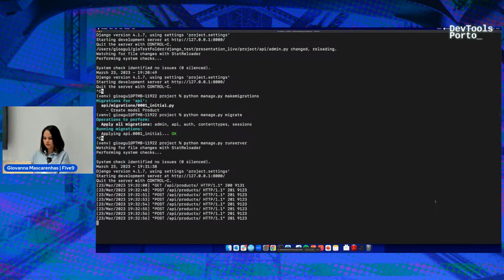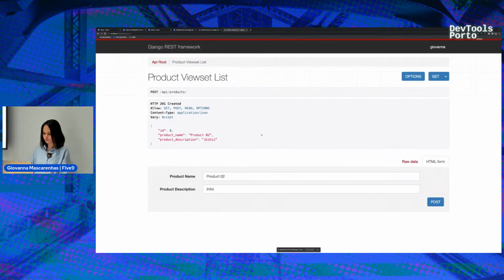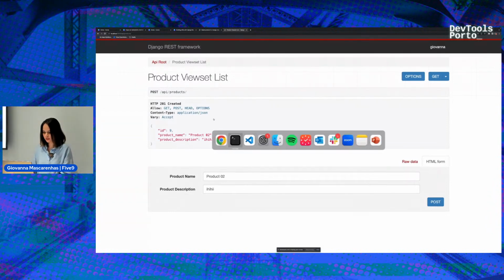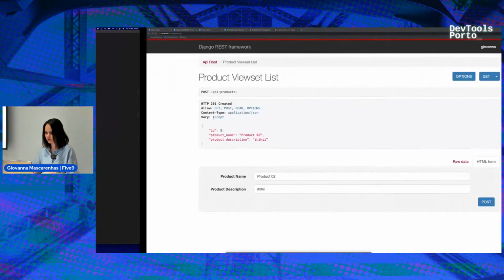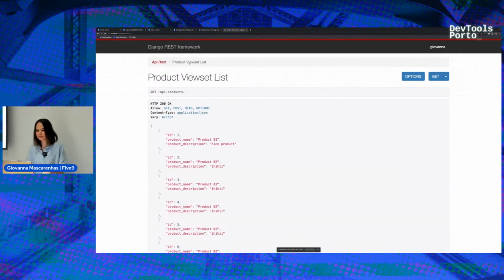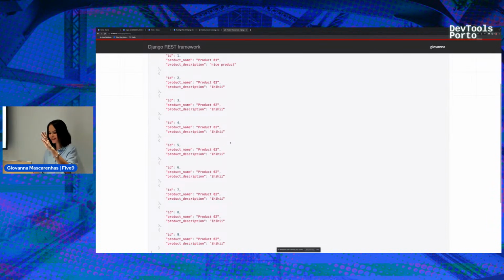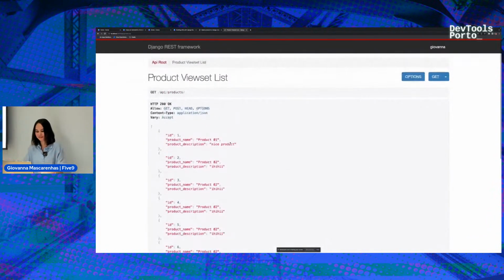I think they point to the last one. HTTP 201 created. It looks like okay. And UI created 9 equals product 00. Yeah, okay. Sorry guys, I didn't see. I was just checking if you are paying attention. So here I created a lot of products and it's done.